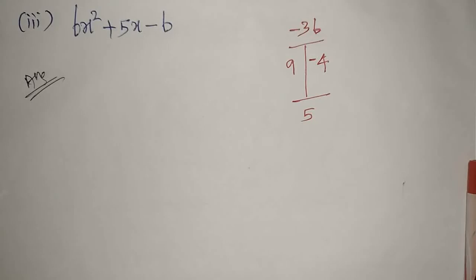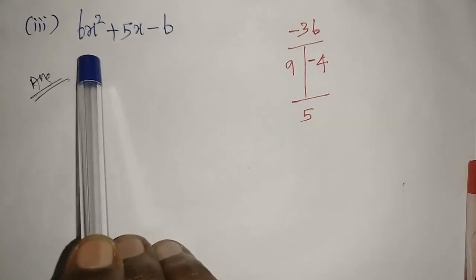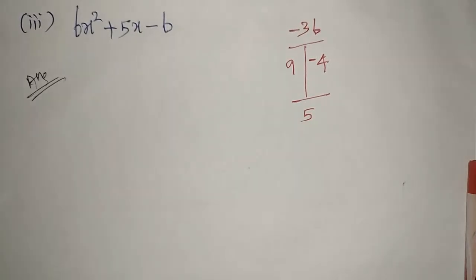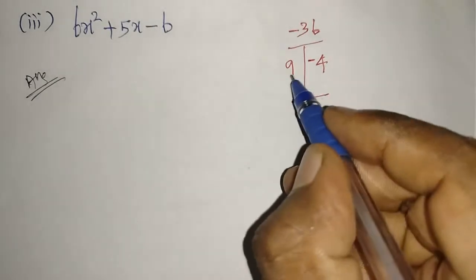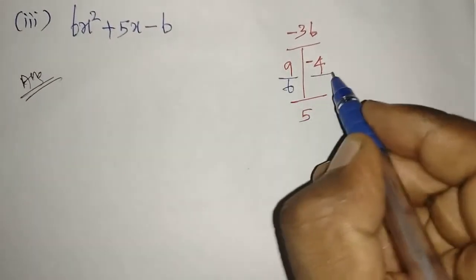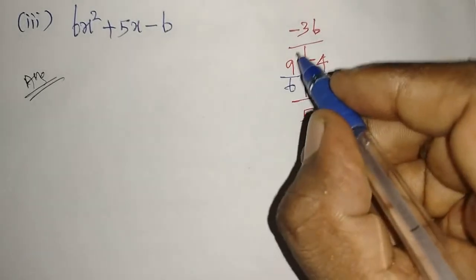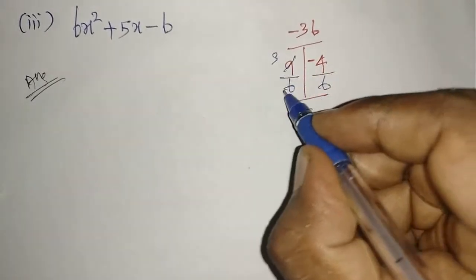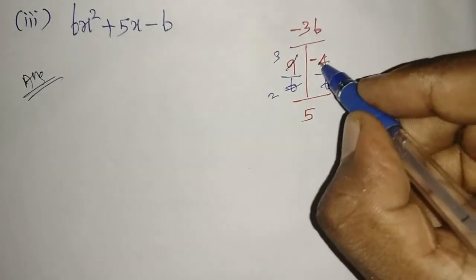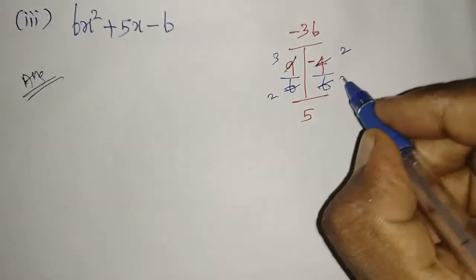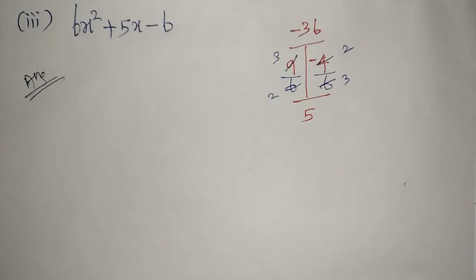Now we have to divide by the coefficient of x square, because the coefficient of x square is more than 1. So we have to take that and divide here by 6 and by 6. Now just cancel this, we will get the answer. I am cancelling by the third table here, so 3 3s are, 2 3s are. This is by the 2 table, so 2 2s are, 3 2s are. That's it. Now we will go for the answer.